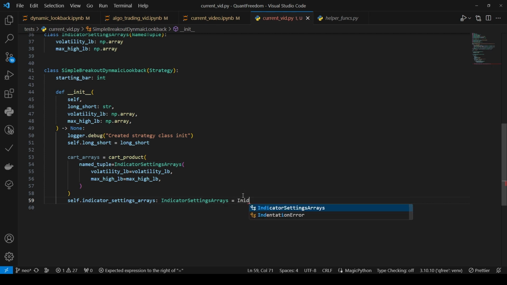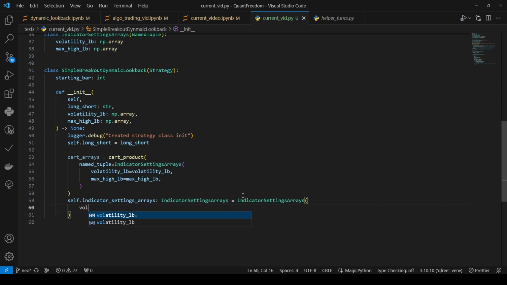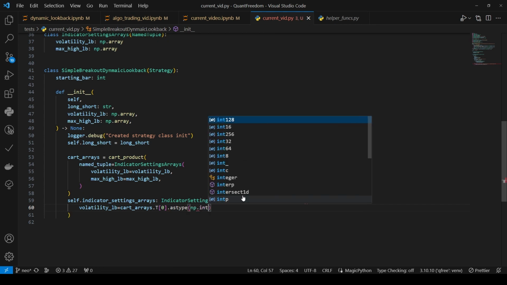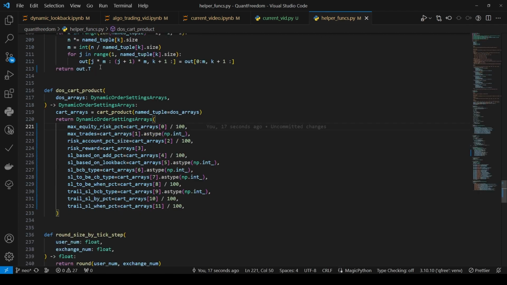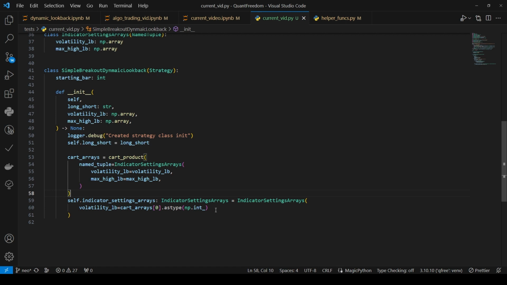So we're going to say indicator settings array volatility lookback. It's going to be cart arrays dot t, which is basically transform, and then we're going to say 0. I'm going to say dot as type np.int, like that. By doing this, I realized that in my code, I changed up some stuff. So we don't actually have to do .t here. I changed it up. So instead of transforming every single time, I am returning it transformed. Okay, so our transposed. And so here we're going to have to do this, and then our next thing is